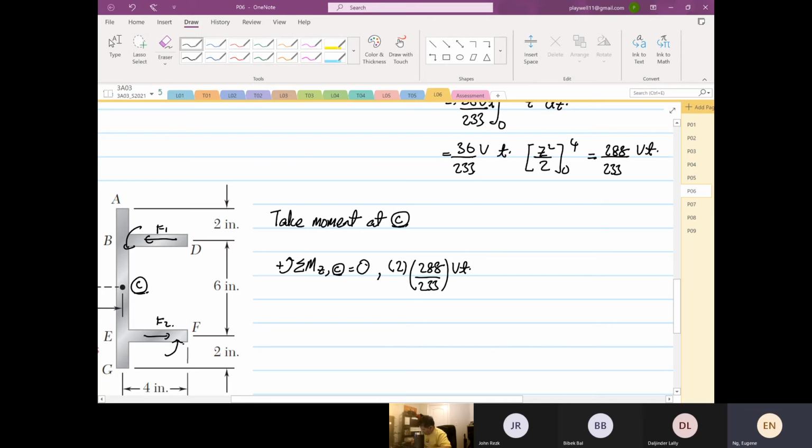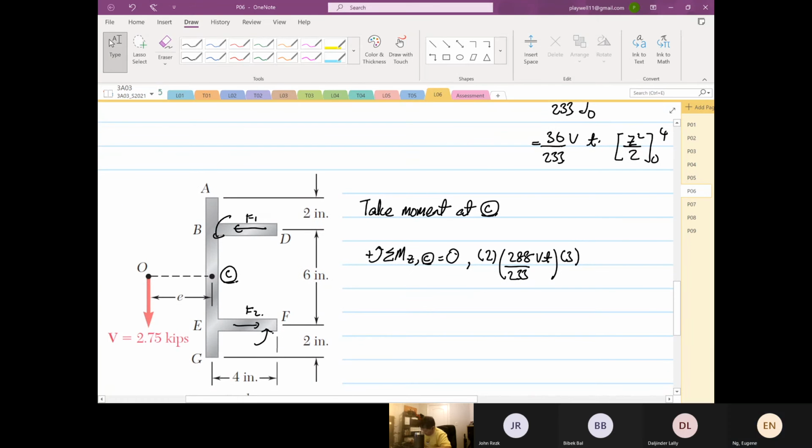And then multiply by the perpendicular distance of 3. So VT multiplied by position of 3. And then the V over here is also going to generate anti-clockwise about point C, so plus V E. So the whole thing will be equal to 0. So VE